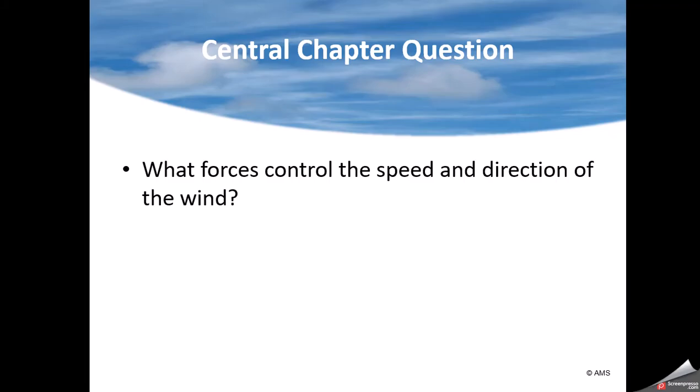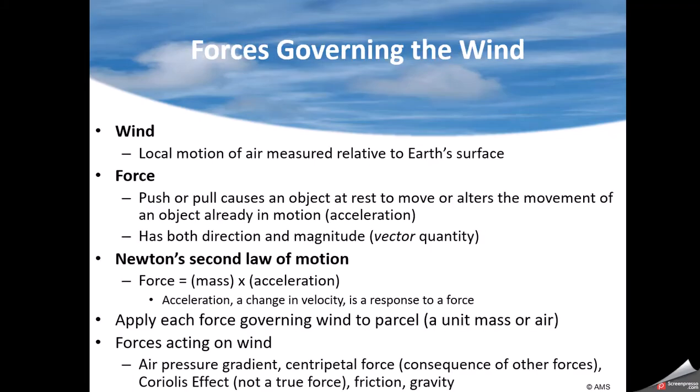So what forces actually control speed and direction of the wind? Well, first let's think about wind. It's a motion of air measured relative to the Earth's surface. What the heck does that mean? Well, where you are, that breeze, those air parcels or whatever have moved towards you from somewhere, either from the east, west, north, south, and how fast they got there. So it's the motion of that parcel of air relative to where it's sitting on the earth, where you're sitting